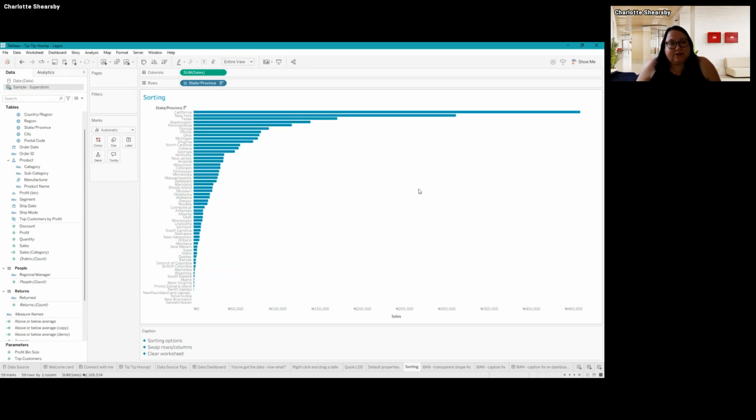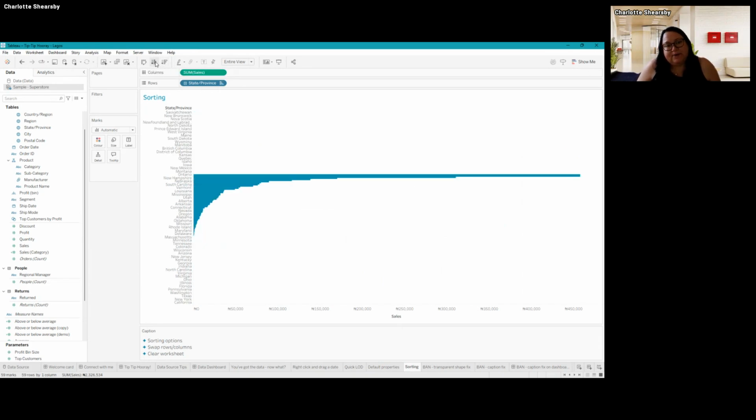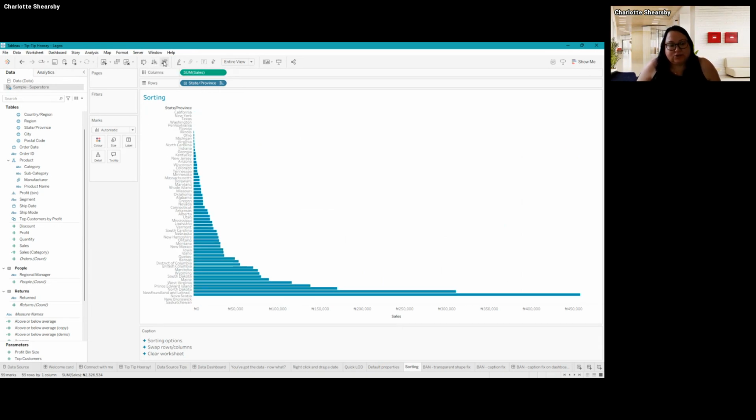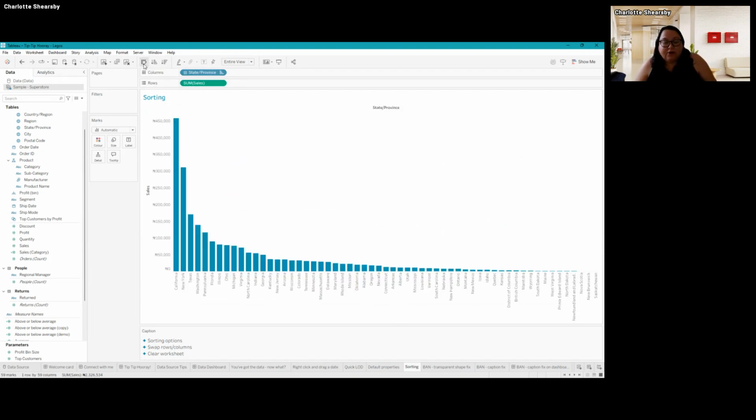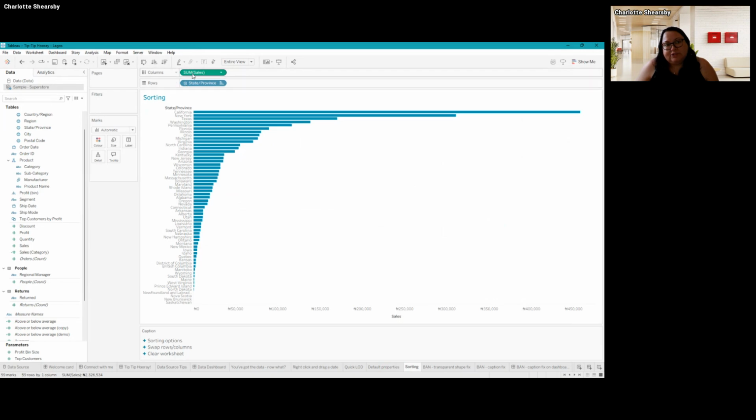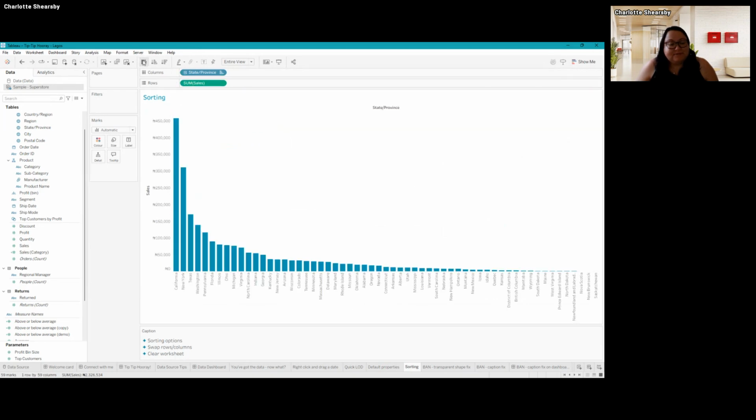And another way to sort as well is just above our rows and columns. We have the sort ascending and sort descending up there as well. So there's 3 little ways to sort. And did you know next to the sort there is the swap rows button. So if you don't like this as a bar chart, you would much rather a column chart, you can just hit that switch rows and it will switch the columns and the rows around.